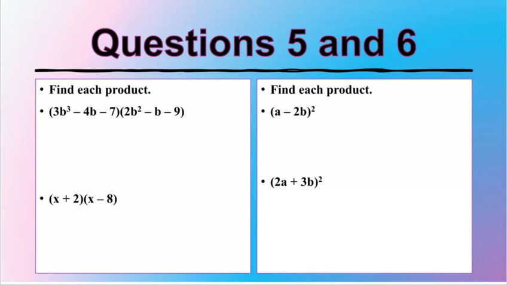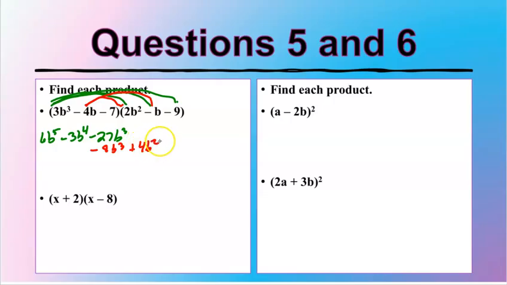So here we're going to distribute. So I got 3b cubed times 2b squared. That's going to be 6b to the 5th. 3b cubed times negative b is a negative 3b to the 4th. And 3b cubed times negative 9 is a negative 27b to the 3rd. Then I distribute the negative 4b, and that's going to give us negative 8b cubed. Negative 4b times negative b is a positive 4b squared. And negative 4b times negative 9 is a positive